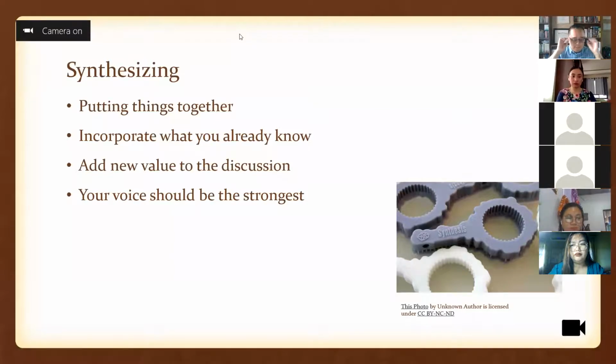So synthesis or synthesizing is putting things together, utilizing what we already know. Kasi we incorporate the ideas of the others and our ideas using our experiences and repository of knowledge so that we can add new value to the discussion. Pero a reminder, our voice should be the strongest. So what does that mean? Ano ibig sabihin nun? Ibig sabihin nun,